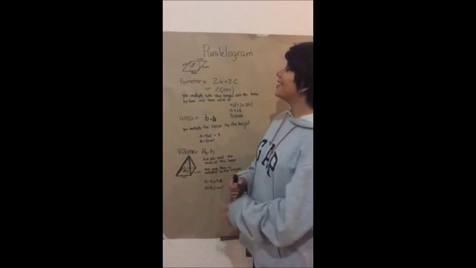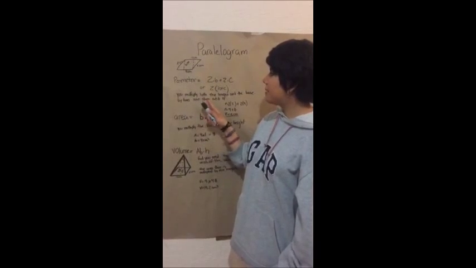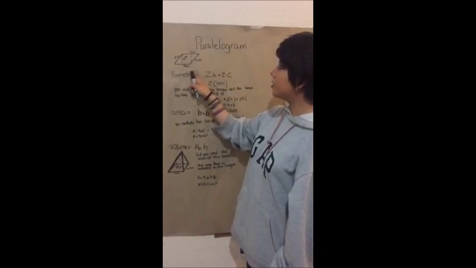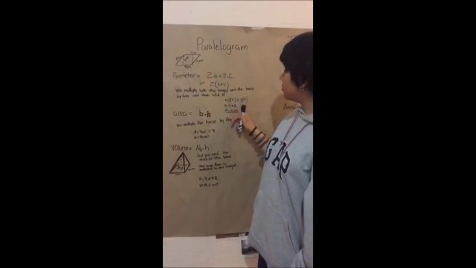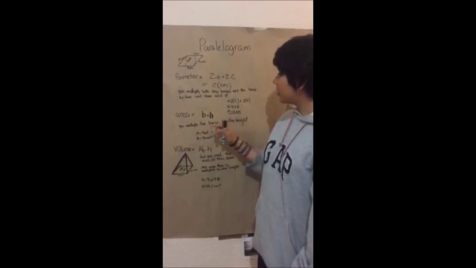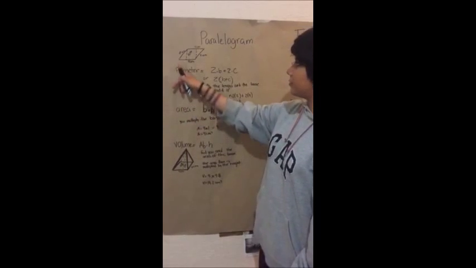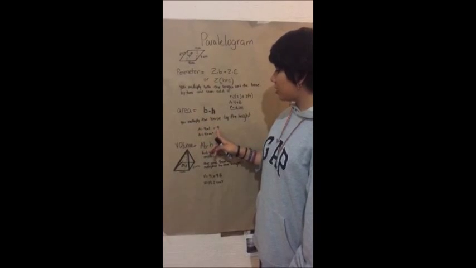Now we're going to see the formulas for the parallelogram. The perimeter, you have to multiply both the length and the base by 2 and then add them. So if we got a base of 4 centimeters and a length of 2 centimeters, we multiply them by 2 and then we add them, and we got a perimeter of 12 centimeters. For the area, you got to multiply the base by the height. So if we got a base of 4 centimeters and a height of 1 centimeter, we multiply them and we got 4